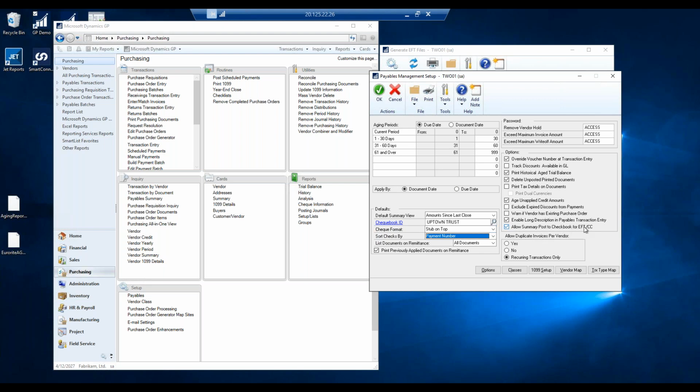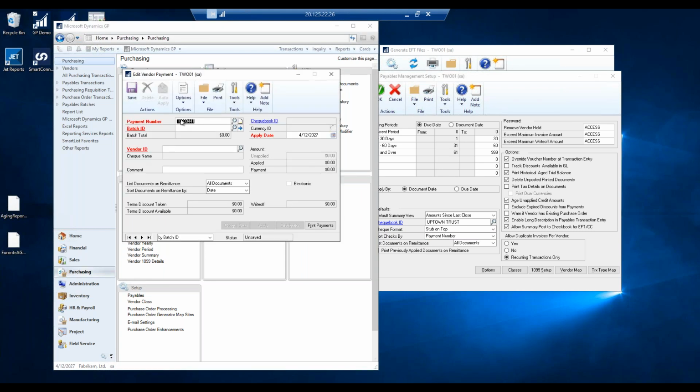The summary, allowing the summary is here. That's the new one inside there. Warn if the vendors have got a long description. The remittance is where you get it. If they need a separate check for each invoice, then you'd have to create a separate check for each invoice, which you can do using your